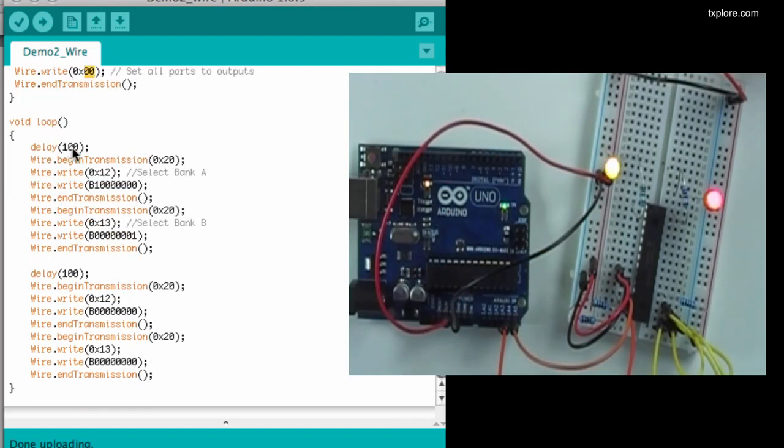When it comes to the loop, I've got the delay, and I select the device first. It's listening to address 20. Select bank A, send it a byte which contains 1 for the first bit, and that turns that pin, the LED, on. Then I do exactly the same thing. So select the same device. Now go to the second bank. This is a register that controls the second bank, and send it a byte whose least significant bit is 1, so it turns the LED connected to port 1, pin 1 on the IC,